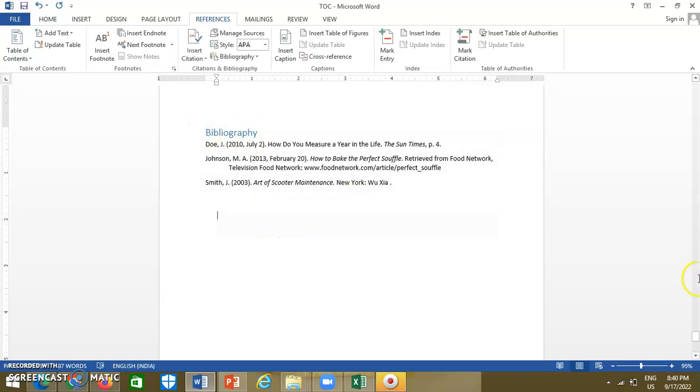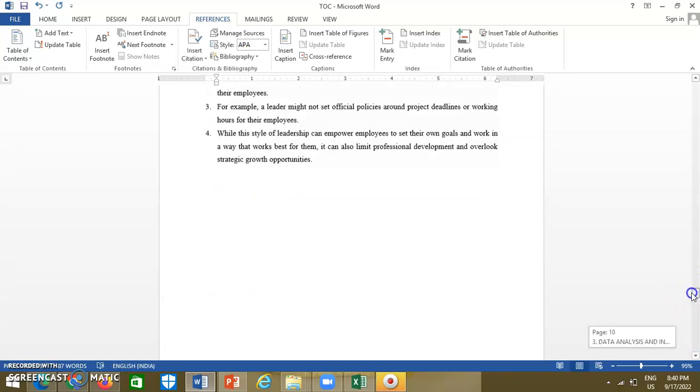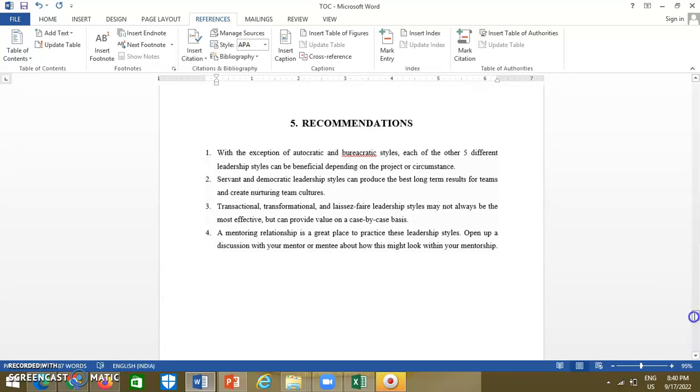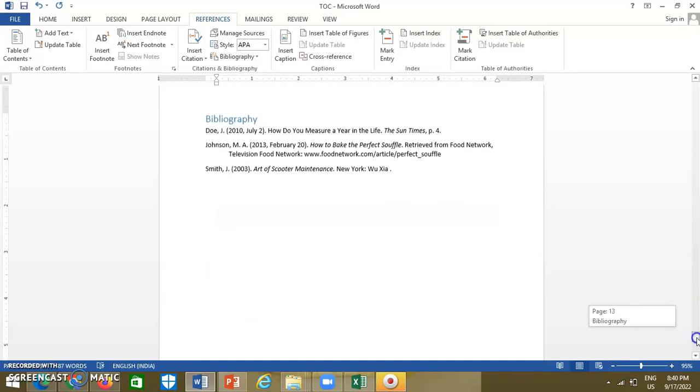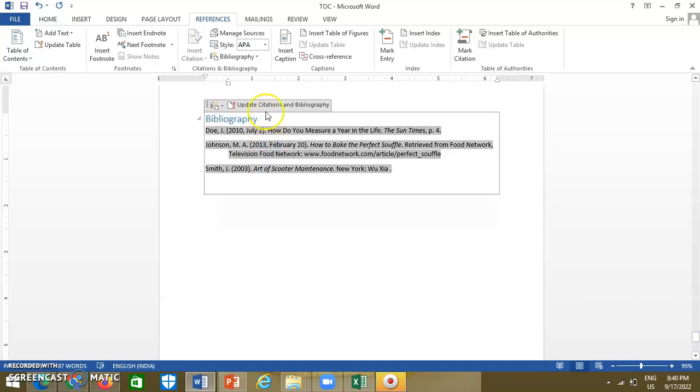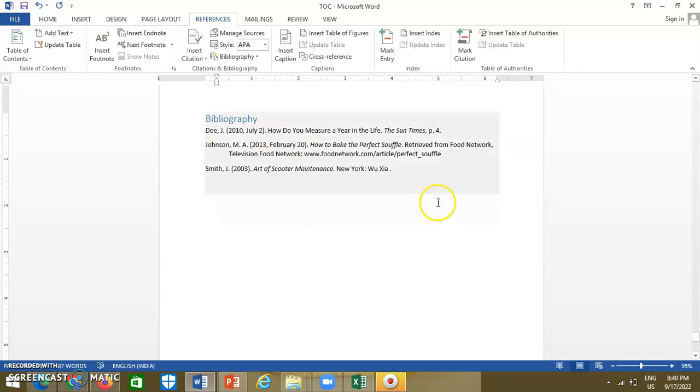Okay, so if at all I add any more citations in future, all that I need to do is any new citation. If I add the same one, no problem. I simply say update citation and it gets updated. There is nothing to update now, hence it's just the same. Now, of course, I will,